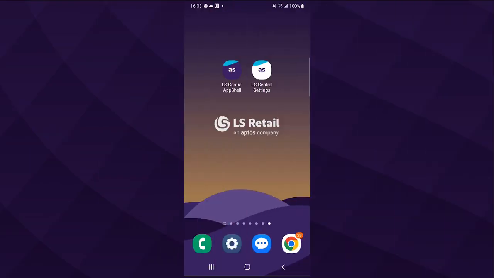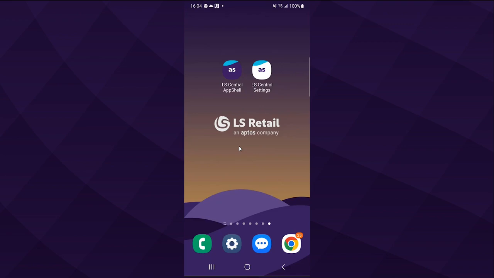In this session, we're going to see how easy it is to connect our phone app shell with our VM. Remember, in the previous session we saw that we were connected with the demo machine. But if you're doing real demos and if you want to test something on your own and have full control of it, you want to connect it either with your VM or whatever setup of LS Central you have.